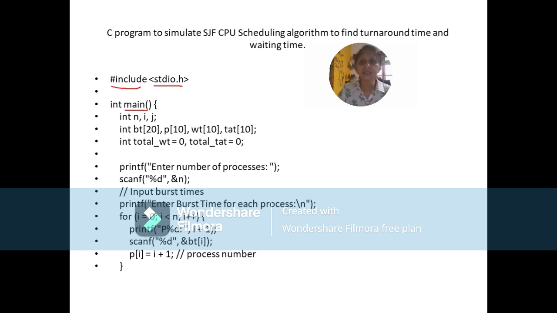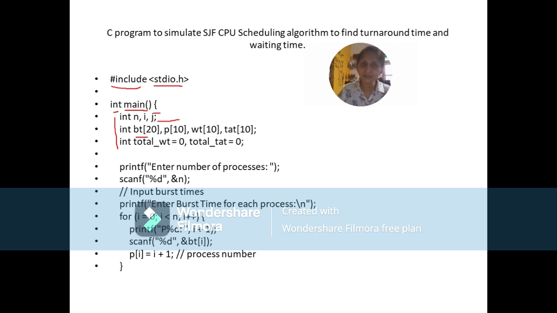Now when you see this int, what do we mean by it? It simply means that main is going to return an integer value, or the return type of our function main is integer. This brace denotes the opening of the body of our main function. And then here you can see the variable declaration statements. In the first statement we are declaring three variables, n, i and j, and the type is integer.